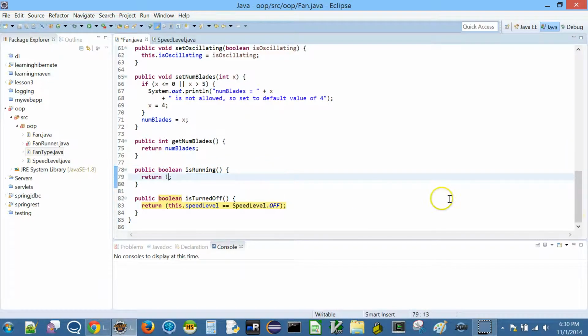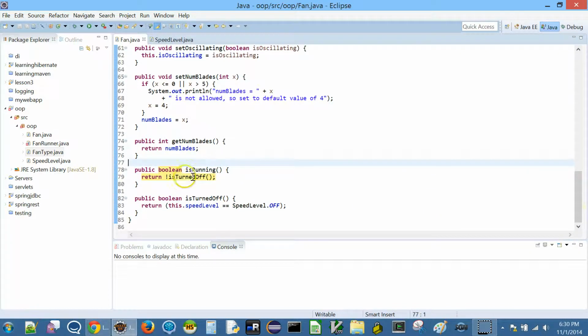So you can just say, let's just do is turned off, right? So what does this method do? Whenever somebody calls is running, it will call is turned off. If it is not turned off, it is running, right? It's just a bit of syntax sugar, and then this method is also available. So your code will just read nicely. Rather than saying not fan is running, you can just say fan is turned off, right?